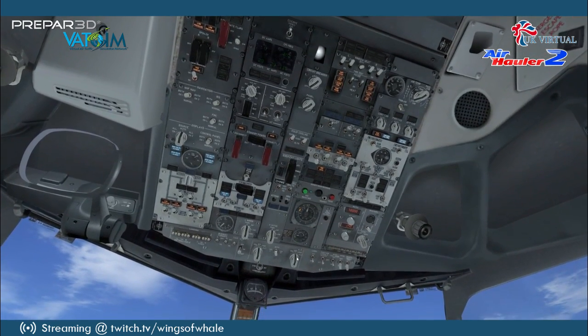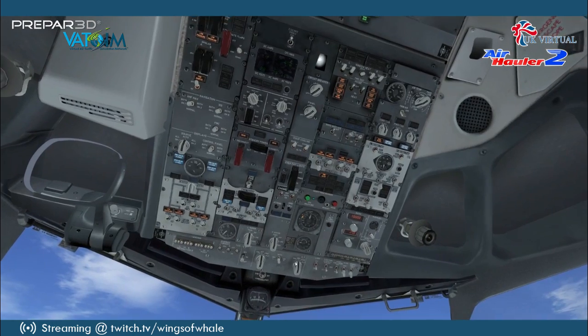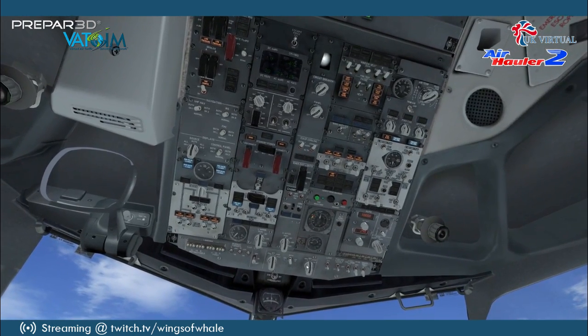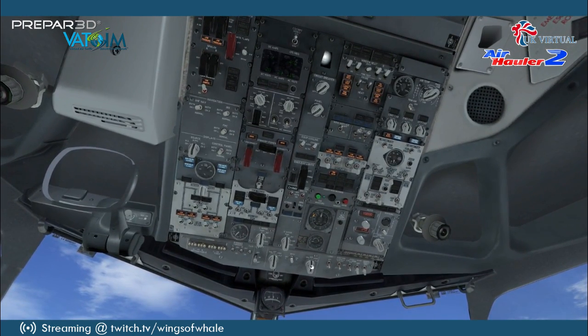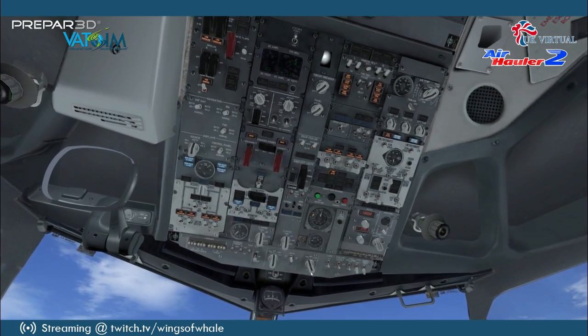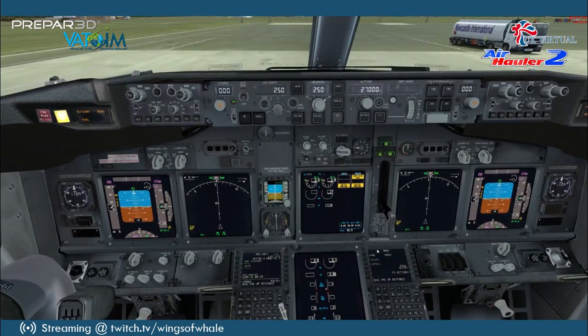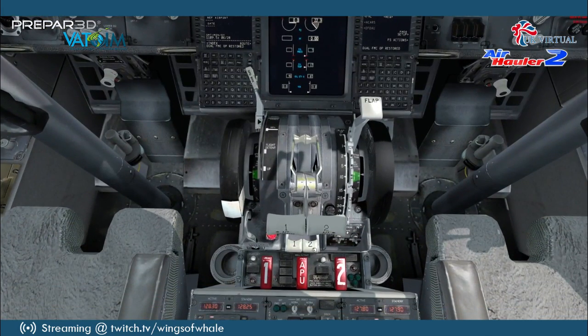If you're using GSX, at this point you would wait till your ground engineer has given you clearance to start up. The engines are clear, no one's going to get sucked in. So we'd flip our engine startup knob for engine 2 to ground, and then we're going to be watching the N2 until it gets to about 17 to 22, and then you want to flick your fuel selector or your fuel cutoff valve